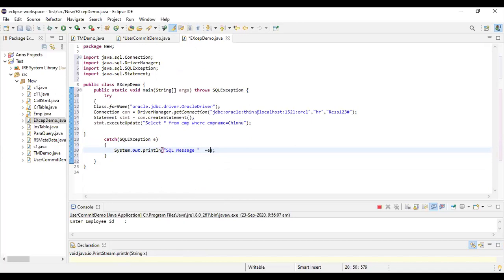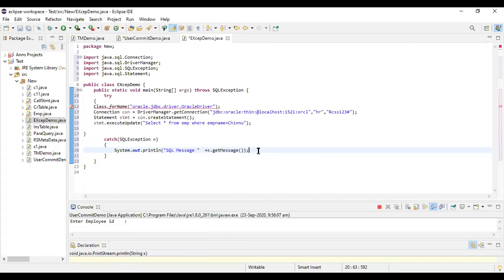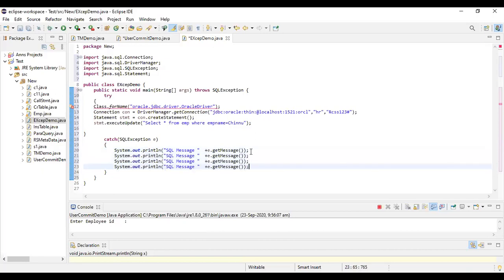Plus e dot get, you have a method called getMessage. I'll just do a few copy paste, Control C, Control V. SQL message, then SQL state we had, get SQL state.